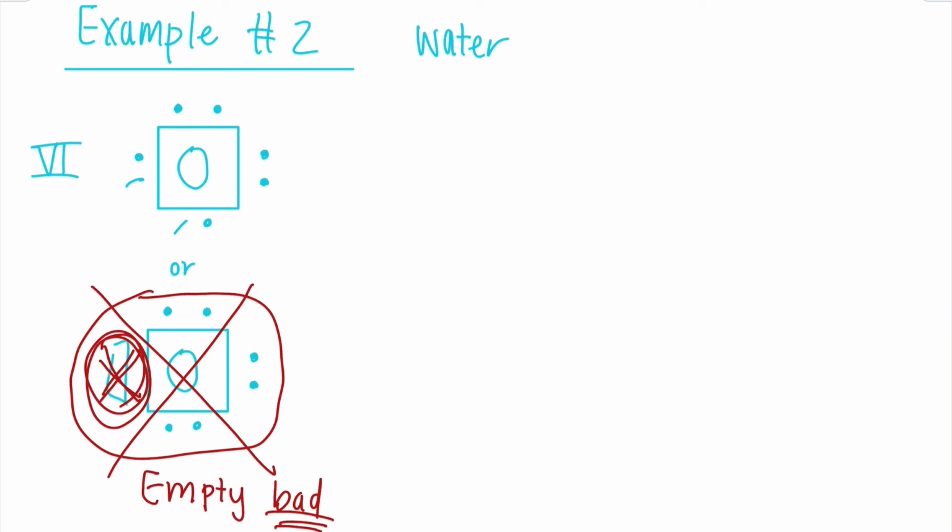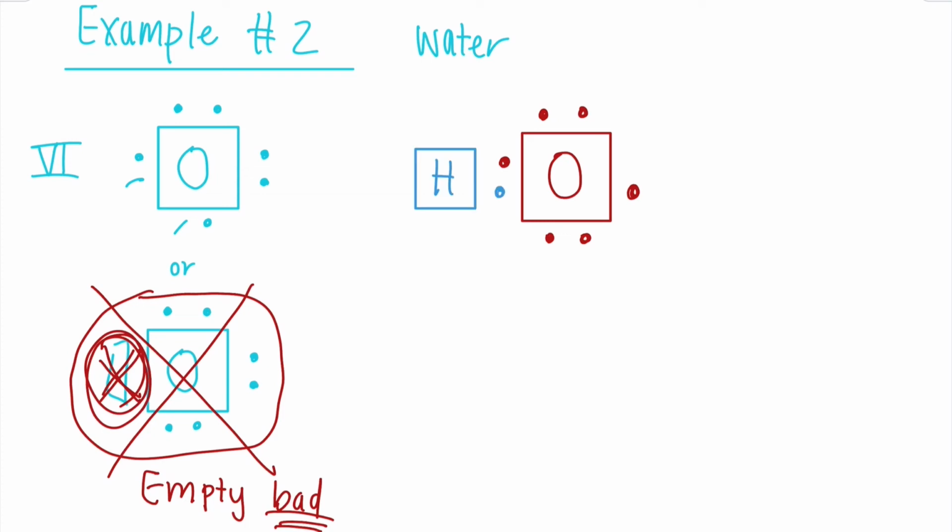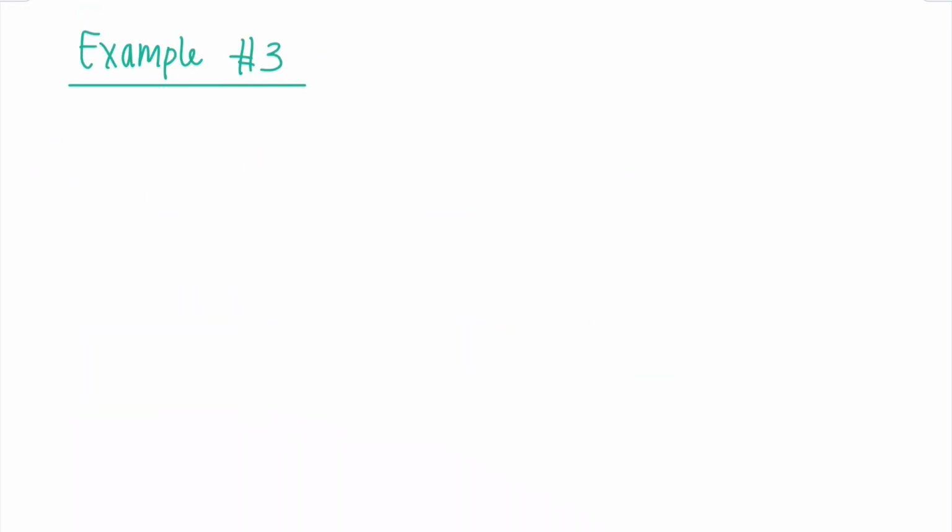So let's do water. Start with oxygen, and I'm going to arrange it so I can put my hydrogens on either side. We can see that there's a spot for a hydrogen here and a spot for a hydrogen on the other side, and we have water. Let's draw the line structure. There it is. 2 single covalent bonds between hydrogen and oxygen on both sides. Last example,